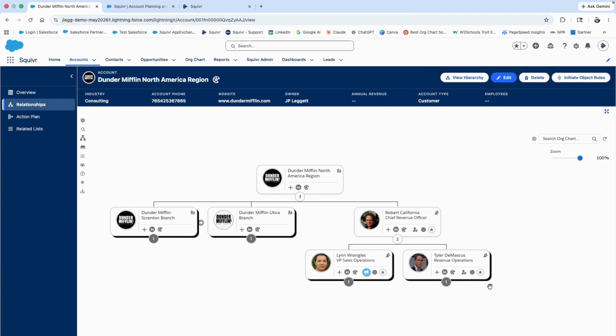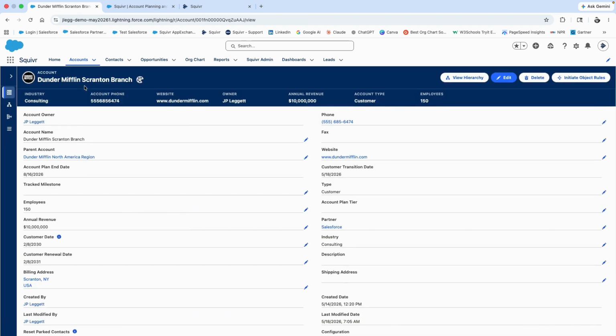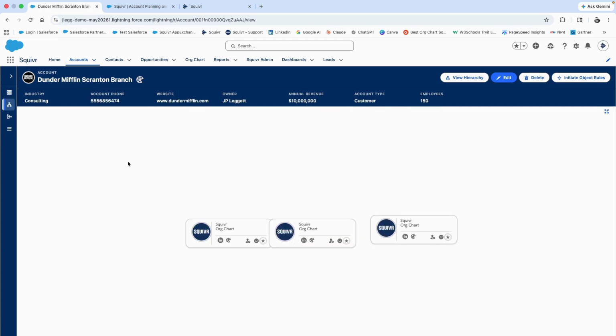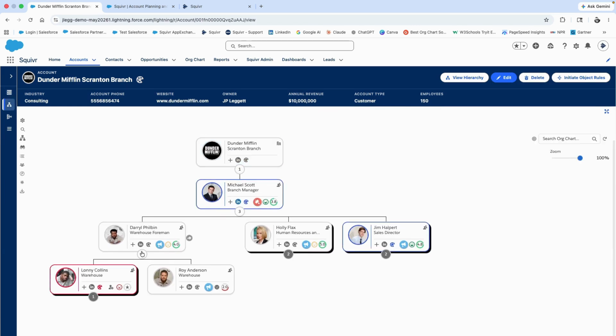Looking ahead, this is Squivr's ArcSight product. Oftentimes with Squivr, a lot of folks do want to map in their accounts. As you can see here, we have multiple layers of both accounts and the contacts on those accounts as well. It's fully functional. If we were to zoom over to Dunder Mifflin Scranton, you can quickly see who's within Scranton, take any quick actions,